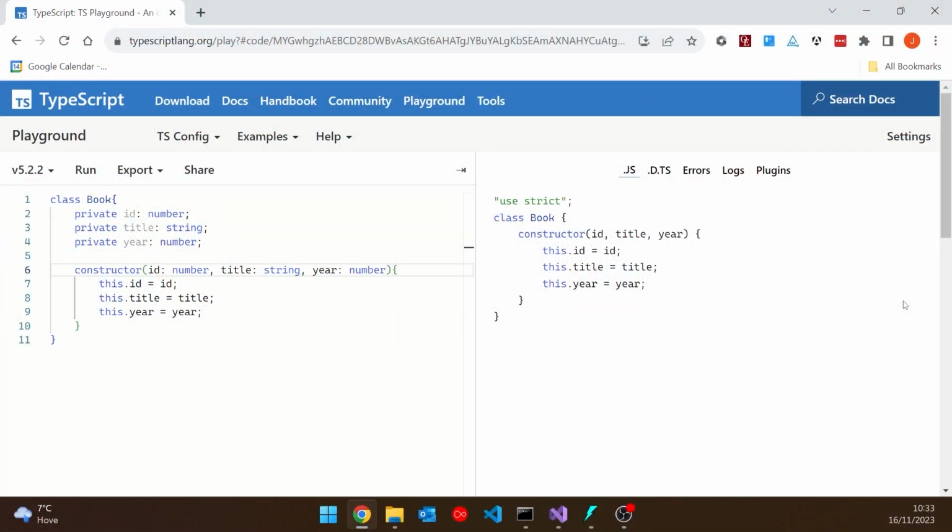And so what I've got here, this is just the TypeScript playground, so you can see on the left some TypeScript and on the right the JavaScript it generates. But I've got a very simple class for a book that's got fields, ID, title and year, and then a constructor. That's just the actual word constructor in TypeScript. And then we've got the ID, title, year being passed in there. The way that TypeScript does types is colon and then the type comes after the variable name rather than before it as in C#.